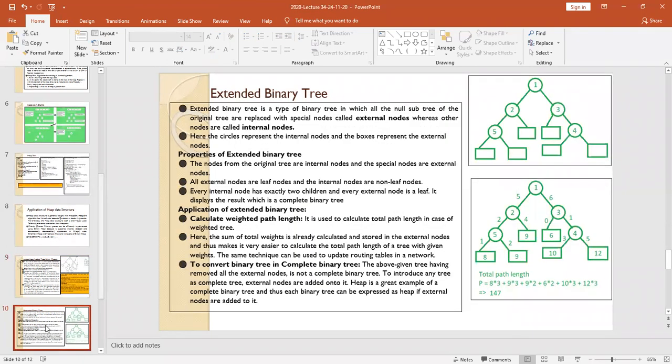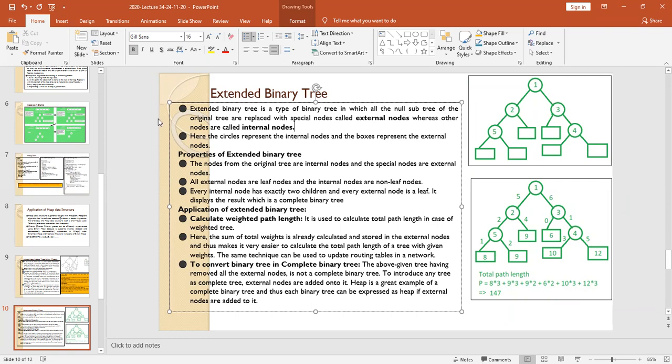So now you come for the next topic, that is extended binary tree. When you tell it as an extended binary tree, it is any binary tree in which all the subtrees of the original tree are replaced with the special nodes called external nodes, whereas other nodes are called internal nodes. It's a type of binary tree in which